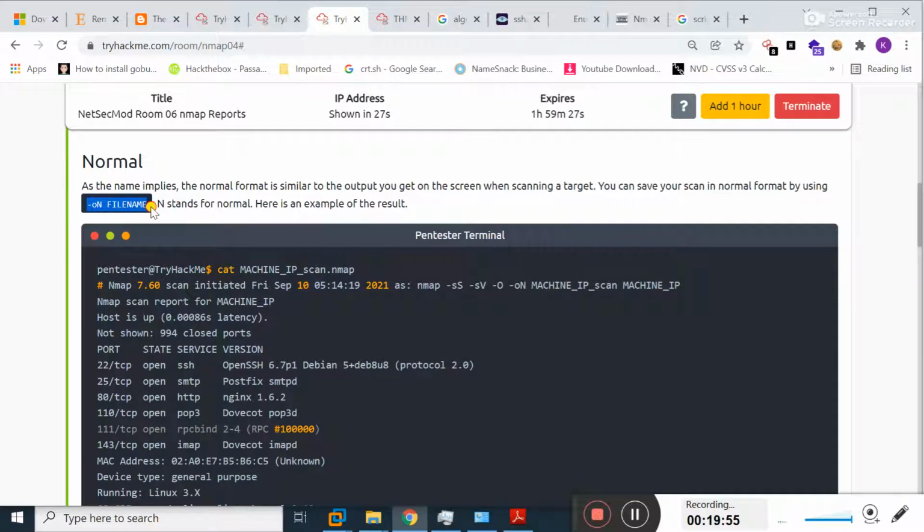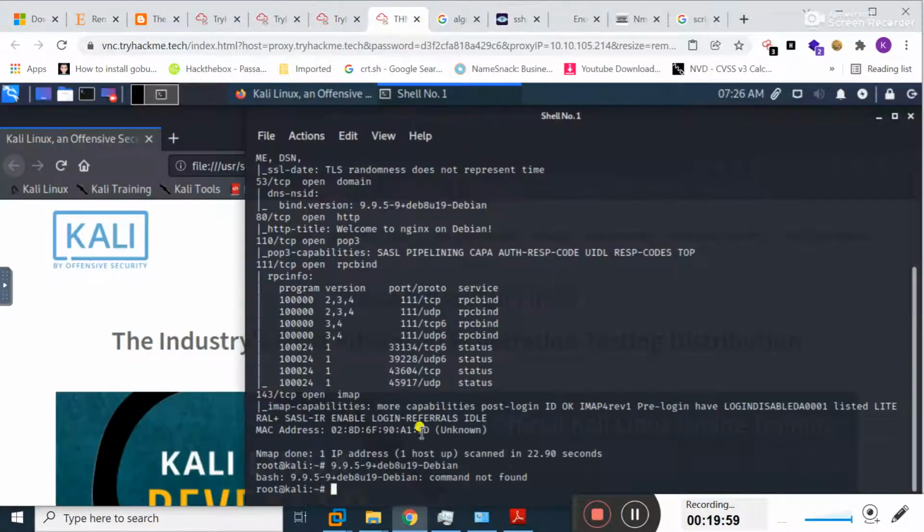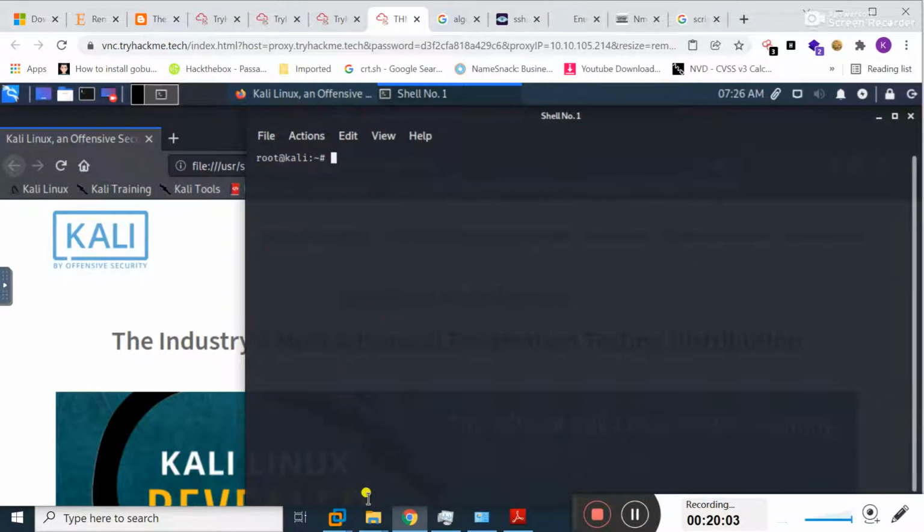You can use the -oN switch in order to save your result in normal form. Let me show you. If I type here nmap and then the scanning options, hyphen port 1 to 100, and then my target IP address.